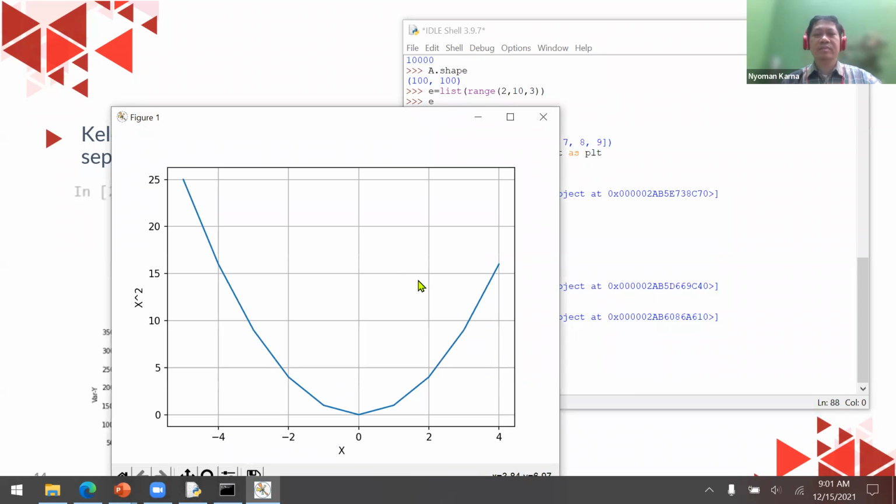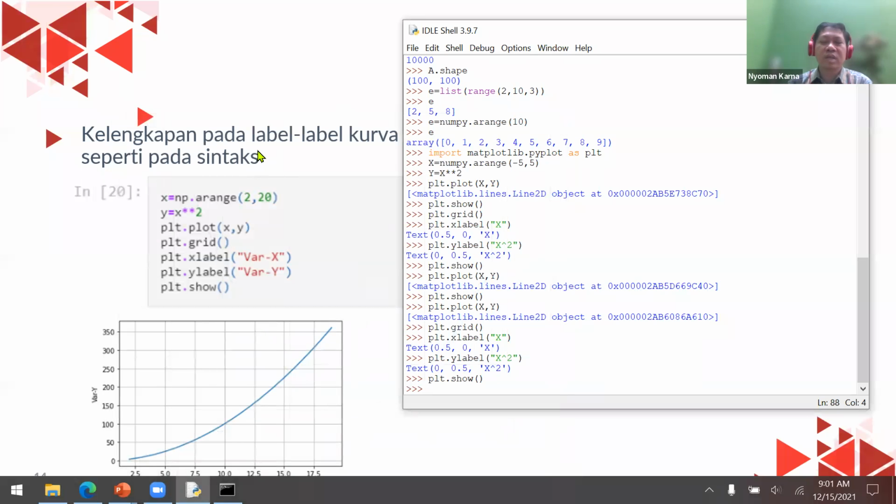It's something like this. So I can be sure that when the y value is 15, x is around, let's say, 3.8, something like that. Okay, that's how we use matplotlib.